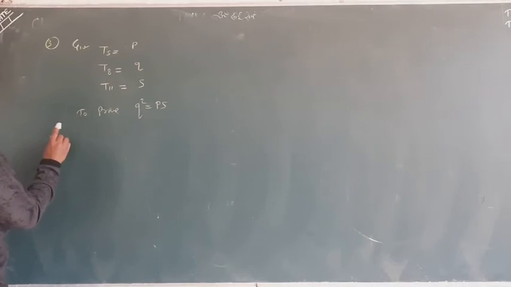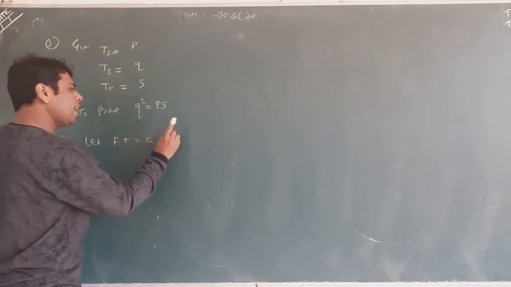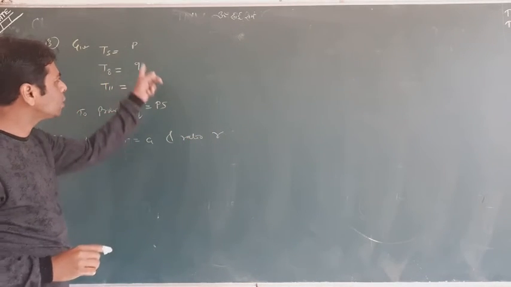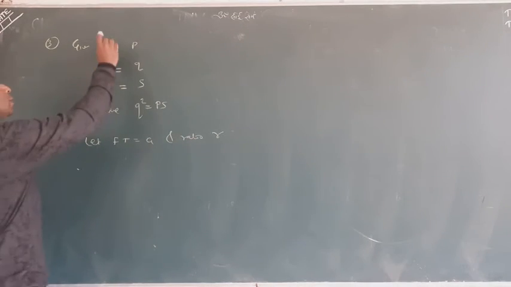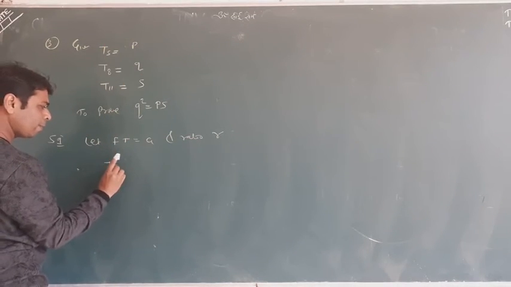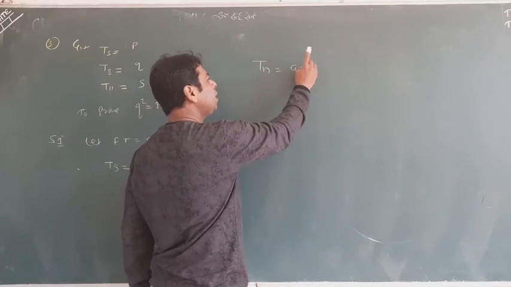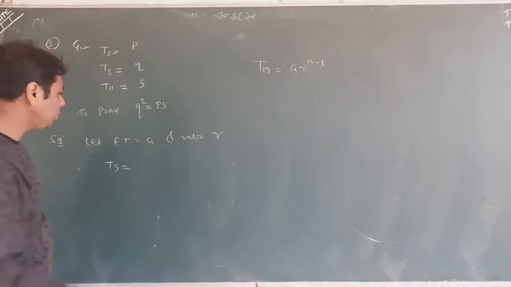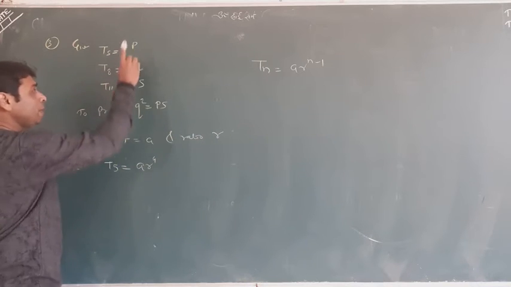So okay, the solution will start. Let the first term be A and the ratio be R, because small r is not used anywhere, so we can take it. Now I'll first go with T5. Can you tell me T5? You can use the formula of Tn. What is the meaning of Tn? A R to the n minus 1. What is T5? A R to the 5 minus 1, meaning A R to the 4, and T5 is P.